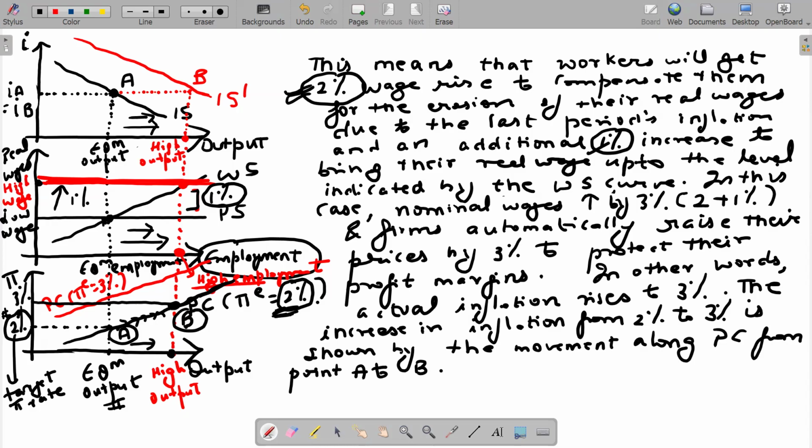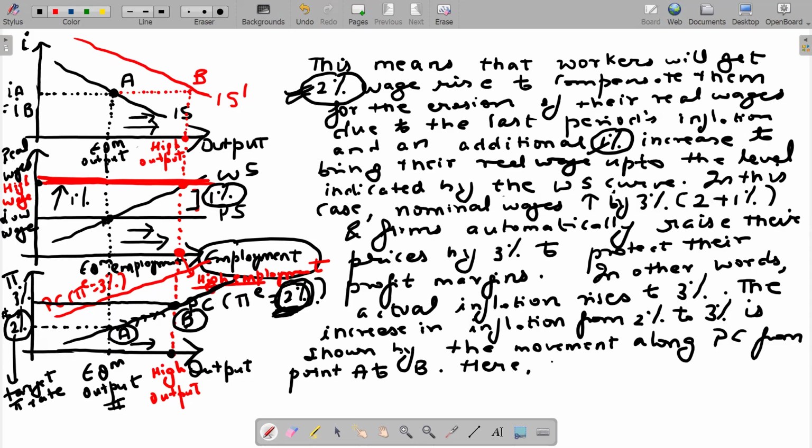Okay, now when inflation becomes 3%, workers were actually expecting inflation to be only 2%. Now actual inflation becomes higher than what they were expecting. Workers will start increasing their expectations of inflation. So I can say here